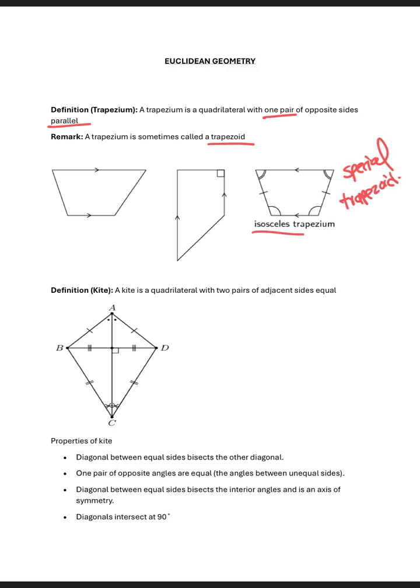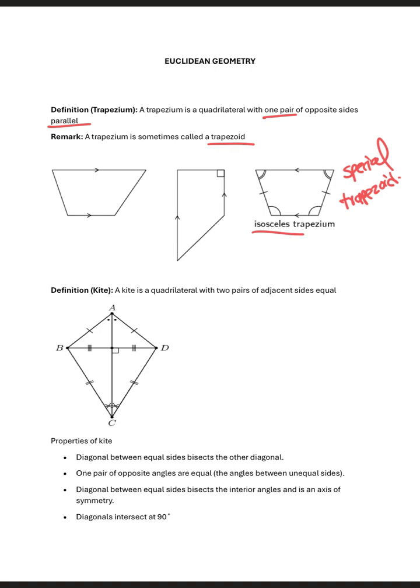An isosceles trapezium is a trapezium where the pair of sides that are not parallel